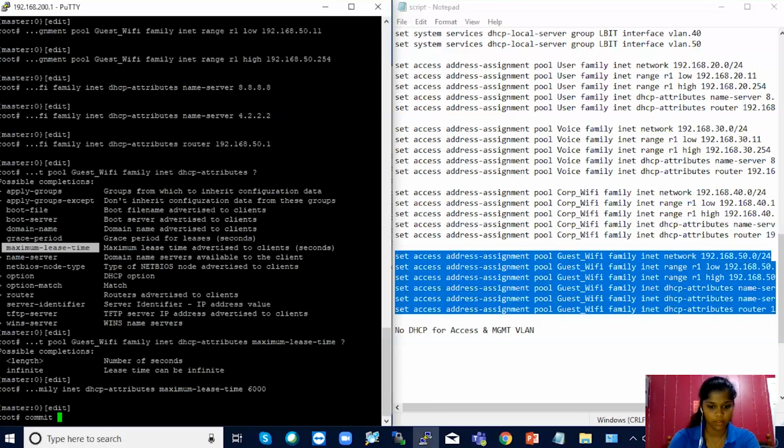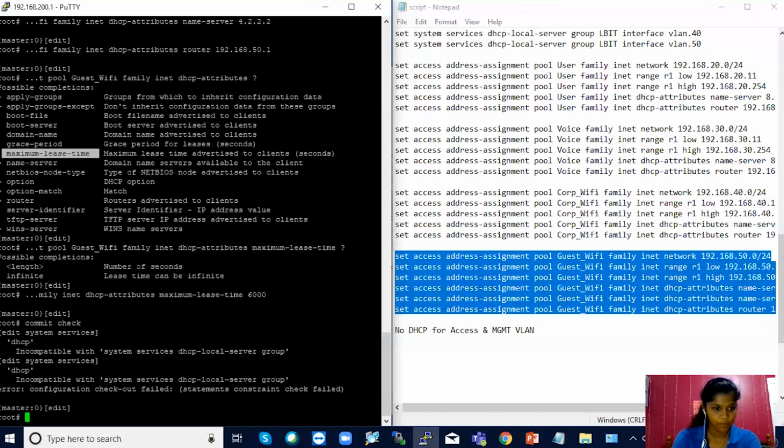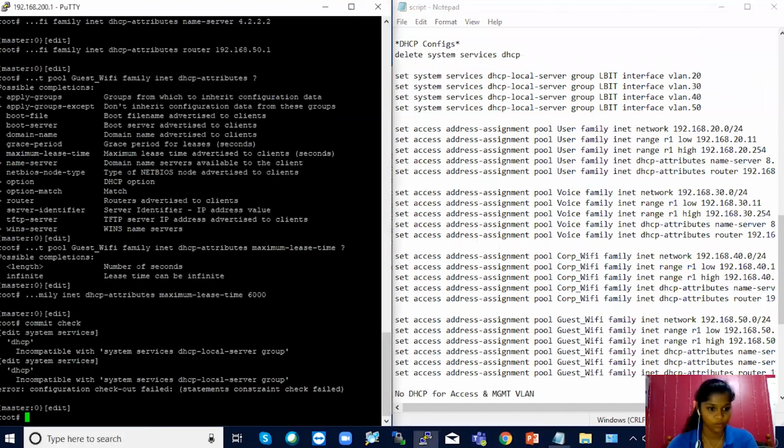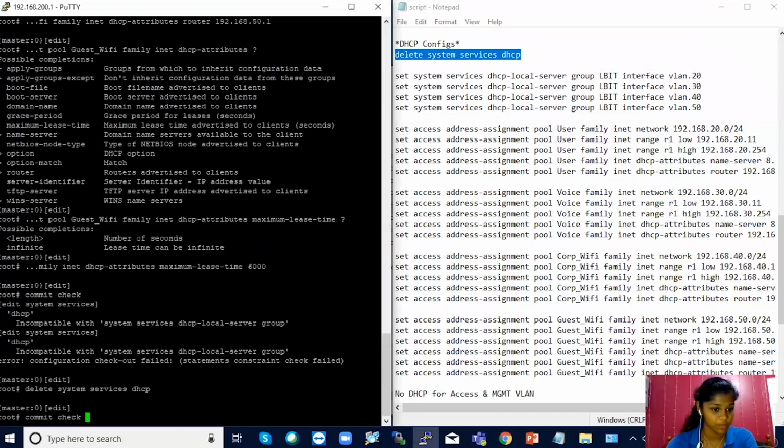So let me run a commit check. There we go. So this is the error I was talking about. So the edit system services DHCP is not compatible with your system services DHCP local server group. So like I said, one is a legacy configuration, one is an adaptation of that legacy configuration that works better for me in my designs. So I will copy this. Now if I do another commit check,